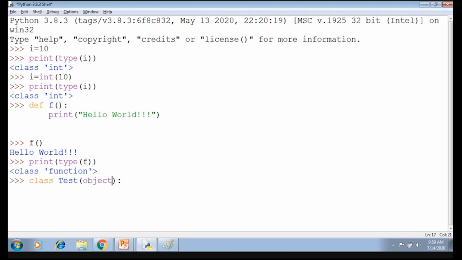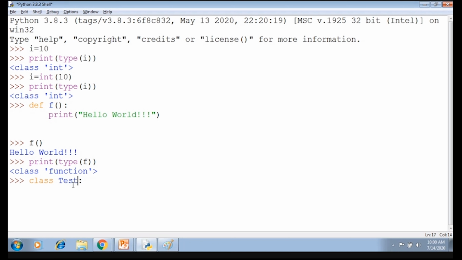Object. Getting it? This terminology is not in C++, but it's there in PHP. If you have learned PHP, there instead of object there is stdClass. In Java it is the same: there is a class called Object. So in the previous version of Python you were supposed to write it like this. Now in this version, if you don't write it, it is still implied, means it is implicitly derived from which class?